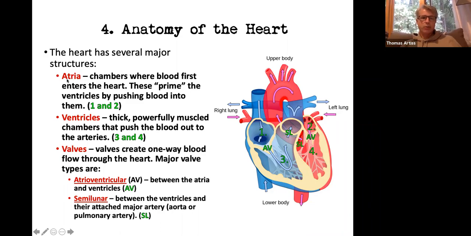And so here's a quick summary then. Atria are chambers where blood first enters the heart, and then they squeeze blood from the atria down into the ventricles below them. So the ventricles are much thicker, more powerfully muscled chambers. And then, well, actually, we'll talk about the valves in a second, but it's important to realize all of these